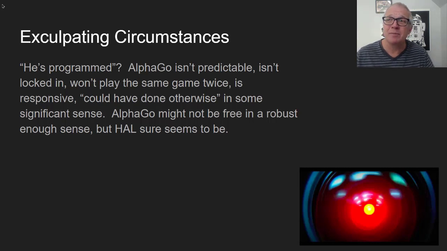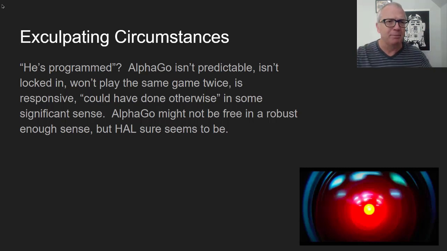It seems like in some significant philosophical sense of the term, could have done otherwise. AlphaGo could have done otherwise. It might have done otherwise in other circumstances. If Lee Sedol had done something different, then AlphaGo would have done something differently. So AlphaGo might not be free in a really robust philosophical sense, but HAL seems to be free enough in that sense. So the question of freedom, programming, this counterfactual notion of could have done otherwise, and the extent to which